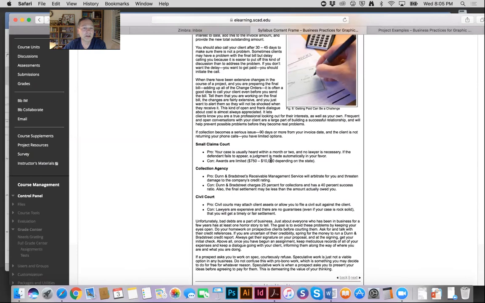You should never work without a signed contract, because the judge is going to say, they owe you $5,000? Can I see the contract? And you should hand it to them. If you go, oh, I don't have one, it was a verbal agreement, oh boy, did you just mess up. Because now it's he said, she said. It's their opinion versus your opinion, and nobody wins that easily unless you have a very understanding judge. Without a contract, the judge may even tell you you're an idiot. They're not always nice